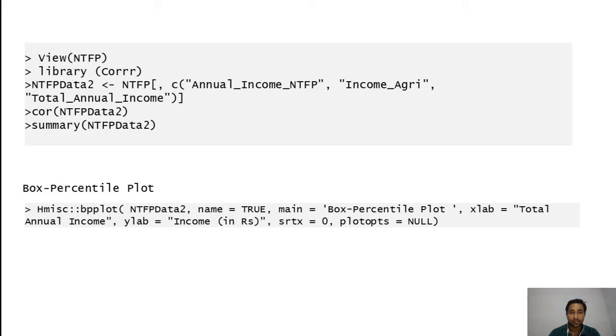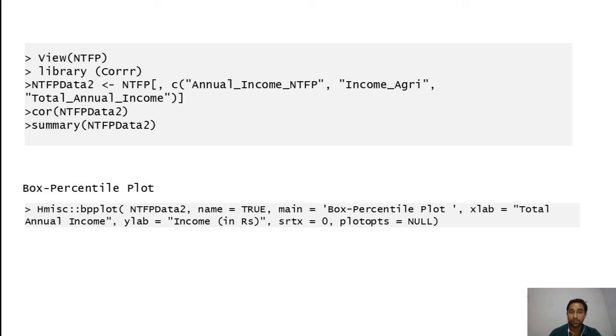If we do not aggregate this data under a different name, each and every time we have to write these elaborate equations. That's why, to remove these elaborate equations, we aggregate the whole equation under a small name. In NTFP, this is my data name, and in that data I am going to take three variables: annual income from NTFP, income from agriculture, and total annual income.